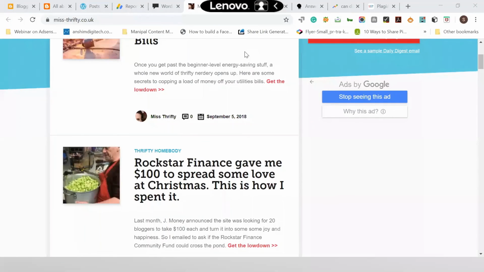Anshra is asking me if we get banned once, are we banned forever? No, we can revive the account. Google will tell you why you have been banned. You can work on that, and again you can apply, right?